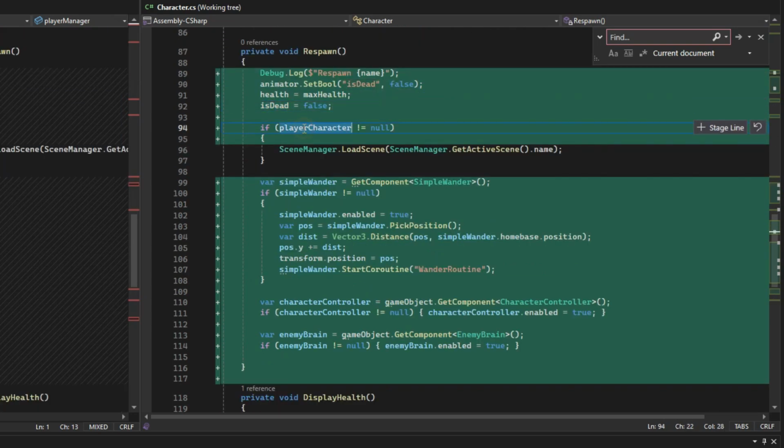Is dead is false. If there's a player character script, meaning it is the player character, then we're going to do the scene reload. This reloads the entire scene, so everything resets, not just the character itself. But if it's not the player character, we're going to do this other stuff, because each of these characters that